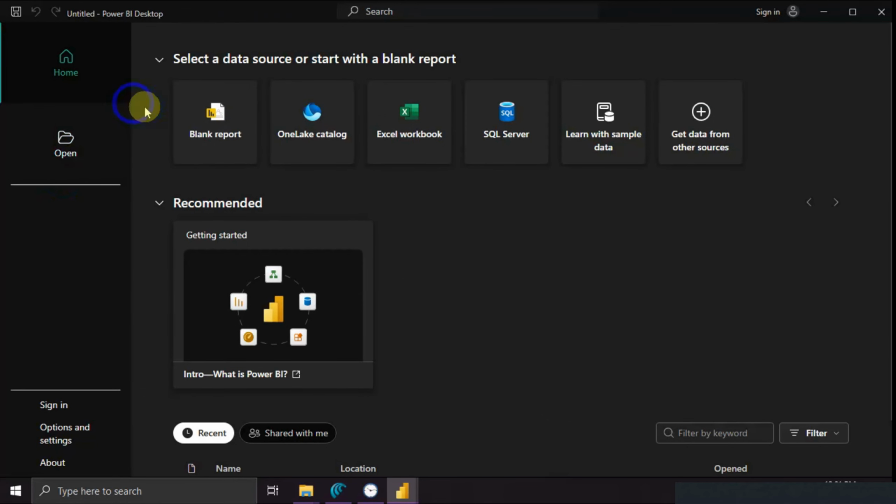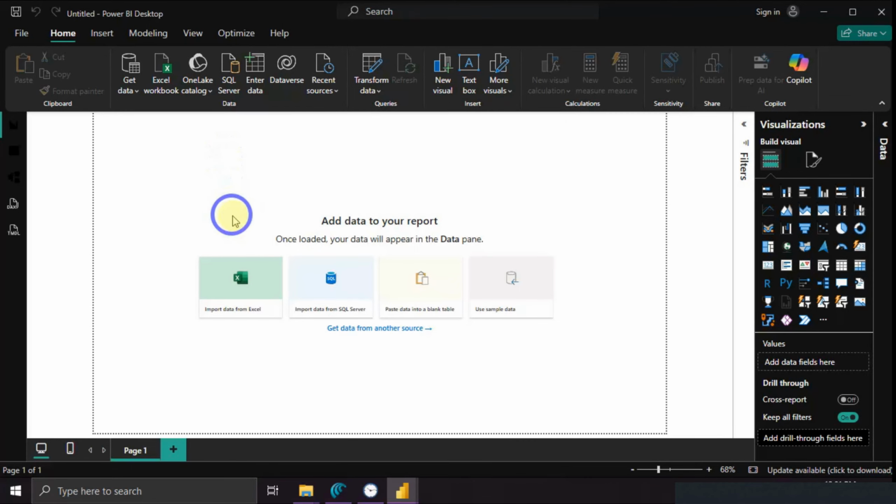We are going to open a blank report, and from here we are going to start building the dashboard. But before building the dashboard, we need to load the data, because we cannot build any visual without data inside the visuals. So we need to come to Home, and from the Data group, we can select the source that we are going to load our data from